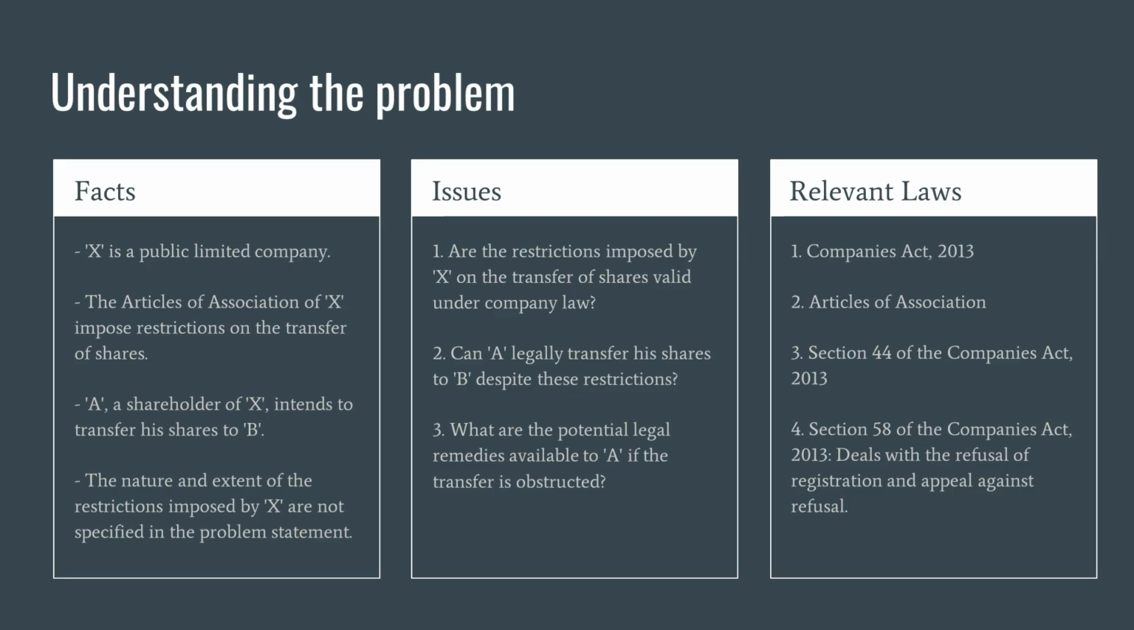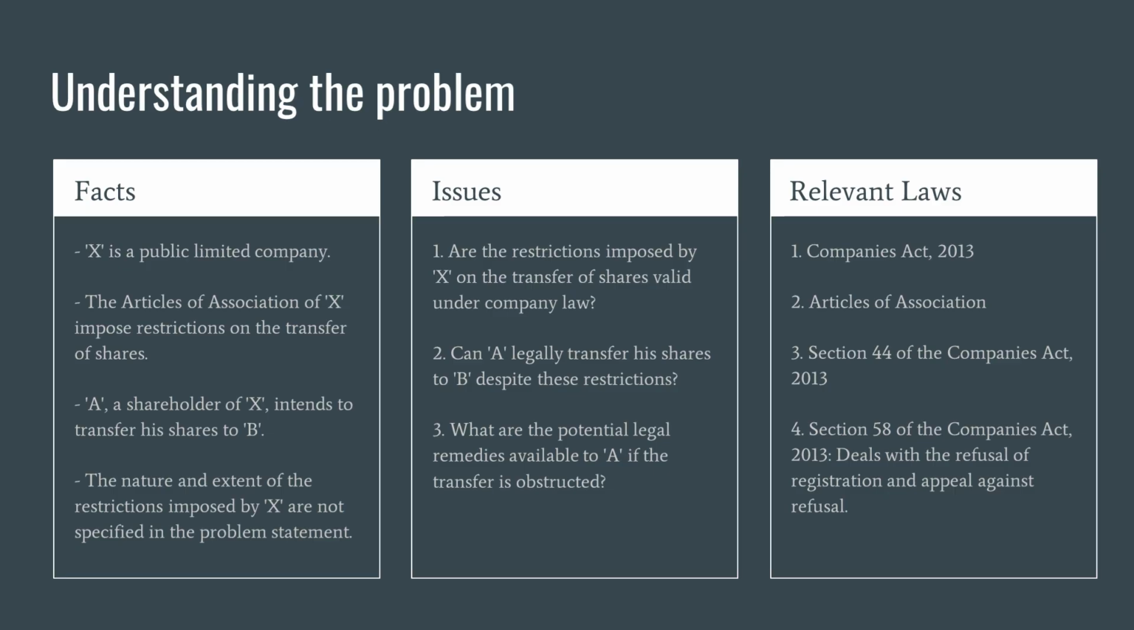First fact, X is a public limited company. And second one, articles of association is nothing but the rules, a document outlining all the details of the company, restrictions and other things. So articles of association is there. And A is a shareholder of X. X actually imposed restrictions on transfer of shares. So in simple terms, X is saying do not transfer any shares to any outside person, or any